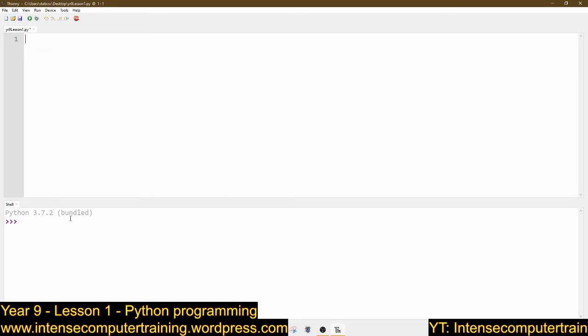So if I now told you there were 5 data types, so if I put a hashtag, you can write things, it's like a comment. There are 5 data types in Python. One of them is the string. Another one is the integer.